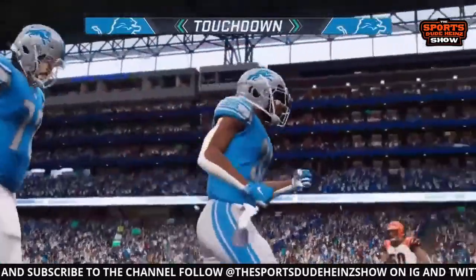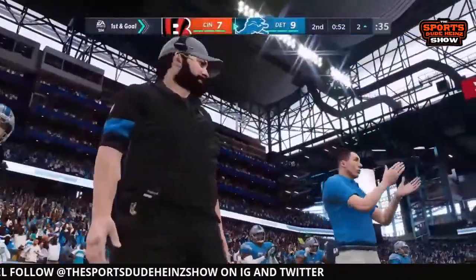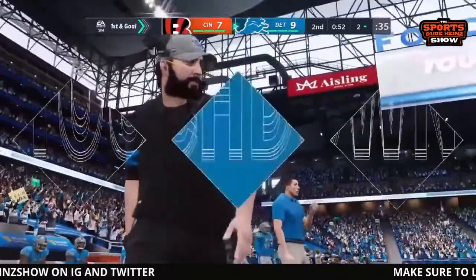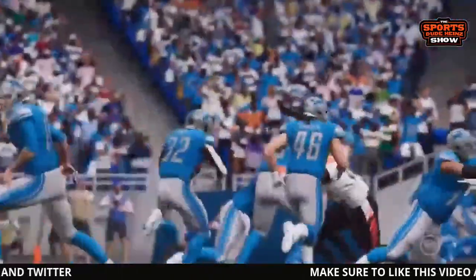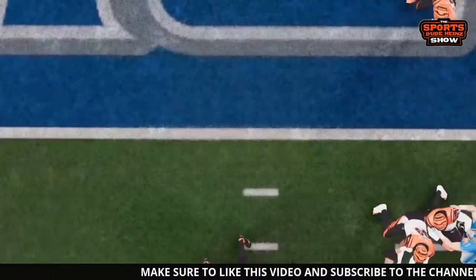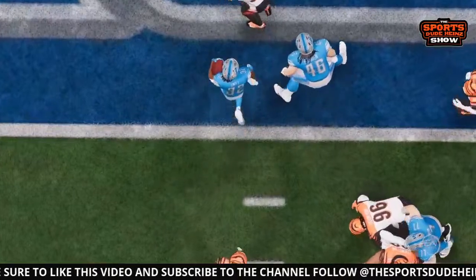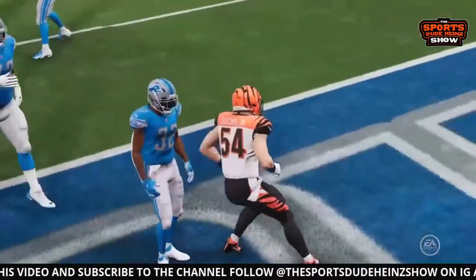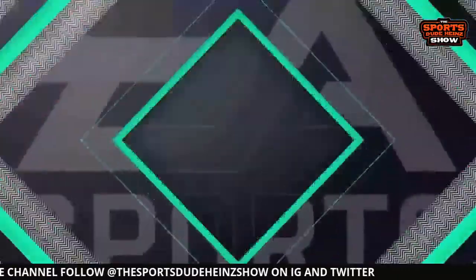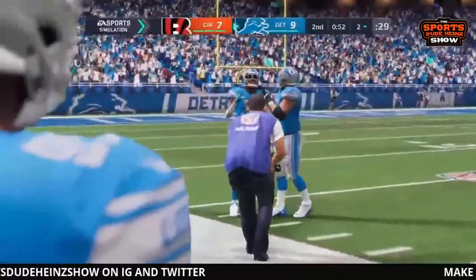Touchdown there for Detroit. They now take the lead 9-7. Had Matt Patricia there as their head coach. He is no longer their coach there, being, I don't even know how to describe it, very, very underachieving, horrible. Should have been a lot better than he actually was with Detroit. I really don't think anybody expected him to be that bad with the